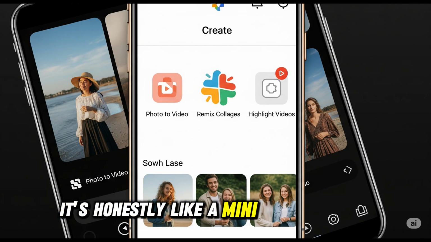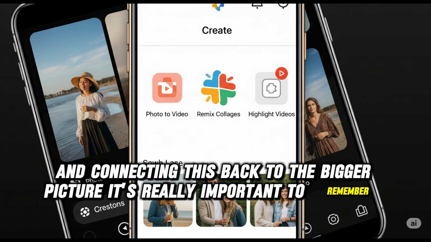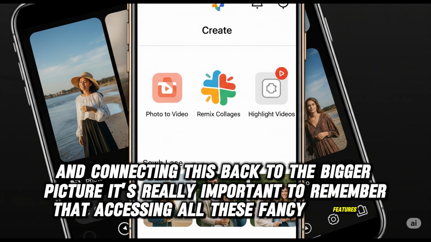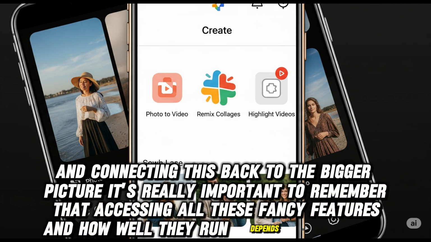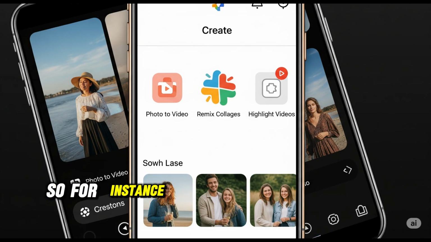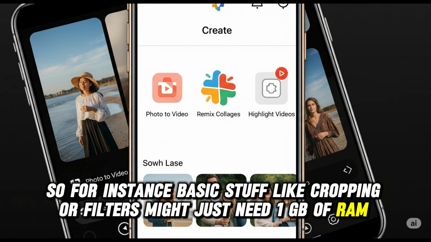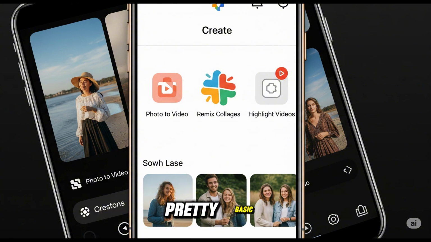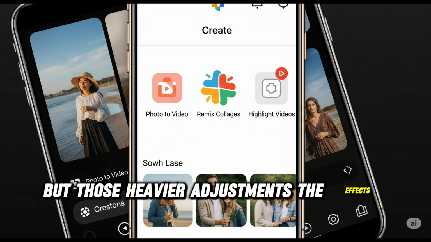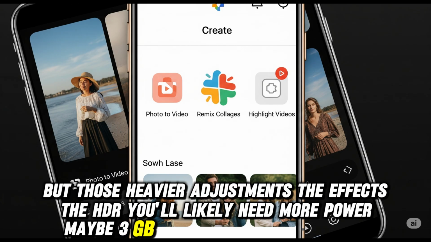It's honestly like a mini editing studio. And connecting this back to the bigger picture, it's really important to remember that accessing all these fancy features and how well they run depends heavily on your device, on the hardware. So for instance, basic stuff like cropping or filters might just need 1 GB of RAM, maybe Android 6.0, pretty basic. But those heavier adjustments, the effects, the HDR, you'll likely need more power, maybe 3 GB of RAM, Android